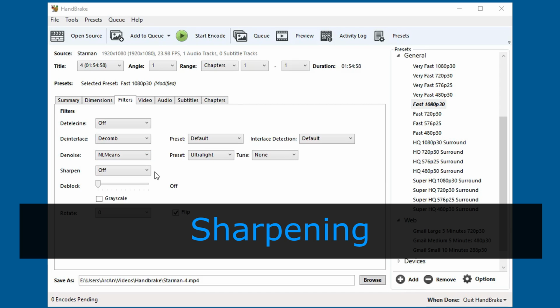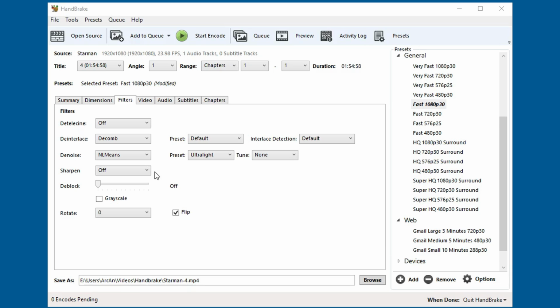Sharpening enhances the appearance of detail, especially edges. But be very careful when using the sharpening filter, because if you overdo it, you can damage the picture quality and you can actually end up introducing noise and compression artifacts, all sorts of weird stuff that actually makes the file size much larger than the original file when you convert it, so be careful.